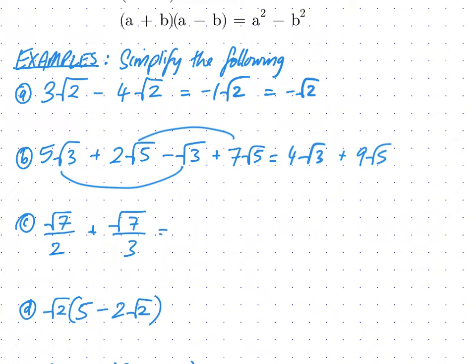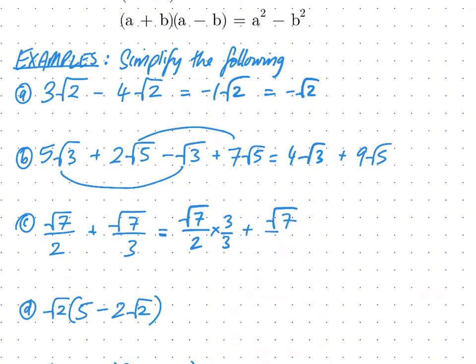Next, we have fractions here, but the denominators are just numbers. So you might have to remember back to good old primary school mathematics. Adding and subtracting fractions, they need to have the same denominator. We can't add these together until they have the same denominator. So, the lowest common denominator 2 and 3 go into is 6. So how am I going to make the denominator of 2 into 6? Well, I multiply by 3. And to make sure that I'm not changing the question, I have to multiply the top and the bottom by 3